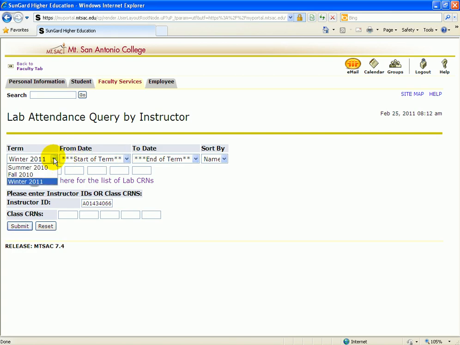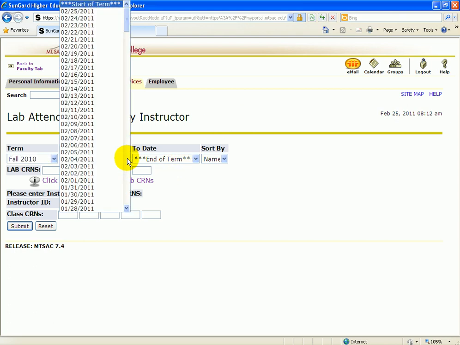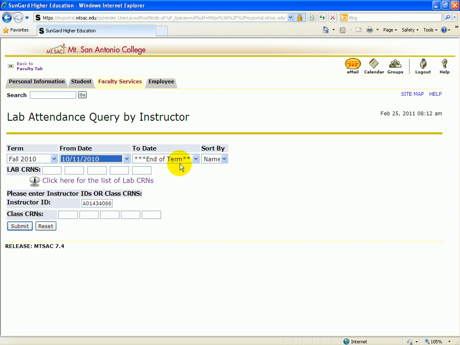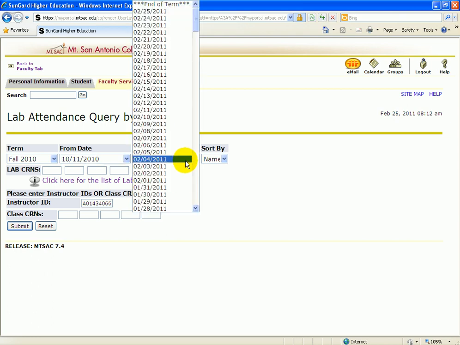Make sure to choose the correct term. And then for running week totals, you should start on a Monday and end on a Sunday. So for example, if I wanted to run week 8 of fall 2010 semester, I should start with Monday, October 11th